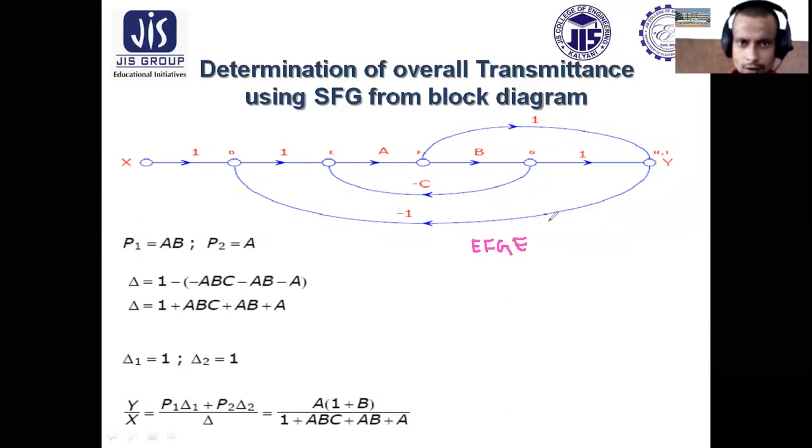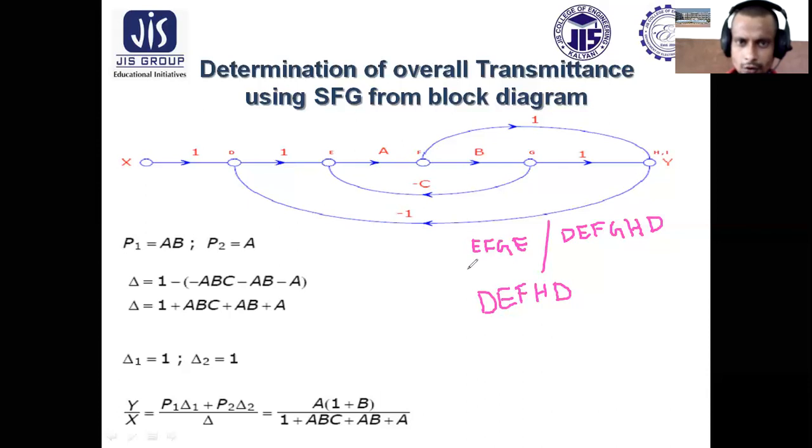This is one loop. Second loop is D, E, F, G, H, D. And third loop is D, E, F, H, D. So all these three loops,